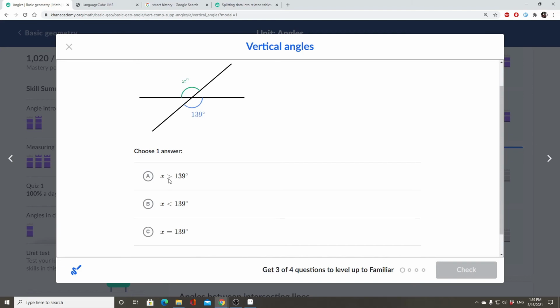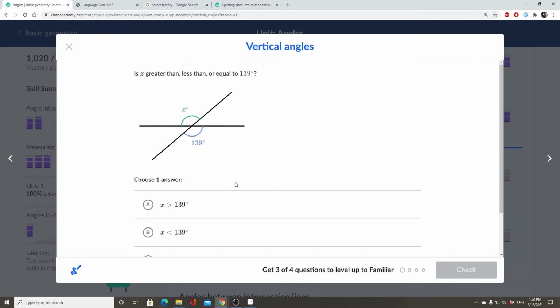So if you're like me and you confused these symbols, you just remember that. And again, you're supposed to learn this stuff in elementary school, but I didn't. It's so obvious in hindsight, but the greater than has a larger gap between the lines there. So whatever is being pointed to is less. This is less than, and this is greater than. It just makes a lot of sense. But it just never occurred to me before until I started studying here.